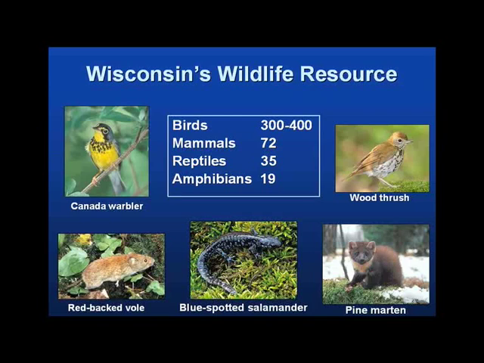For mammals, there are quite a few fewer species, about 72 plus or minus a few. It depends if you count moose, which occasionally will venture into very northern Wisconsin. It depends if you want to count mountain lions. We have had one documented case of a mountain lion in Wisconsin relatively recently. Otherwise, they haven't been in the state for decades, but it depends if you add them to the list or